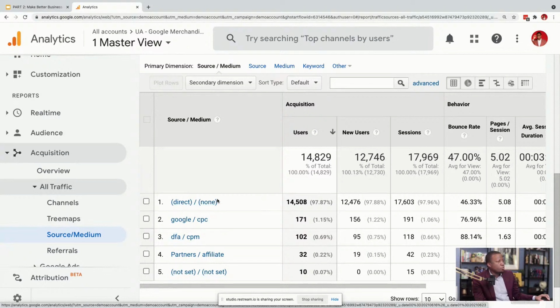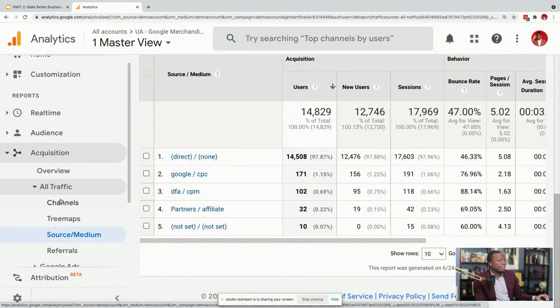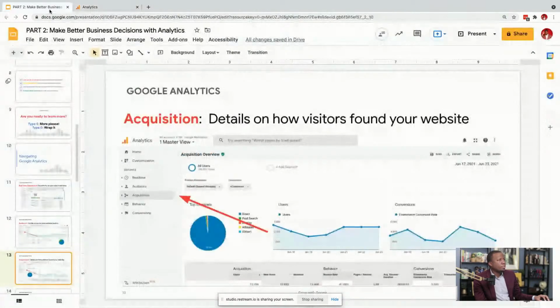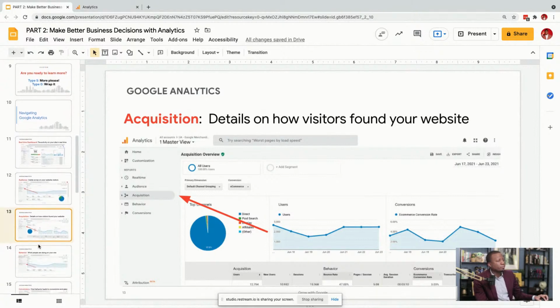But it's really key to get an understanding of how somebody found your website, because then you can say, hey, this customer took this path. I have other customers that brought the same path to my website. Let me make sure that I'm doing things I can lead them down that path into a sale. But to go back to the slide, acquisition is telling you how the visitor found your website. And that's so key. You want to understand how they came to your website.